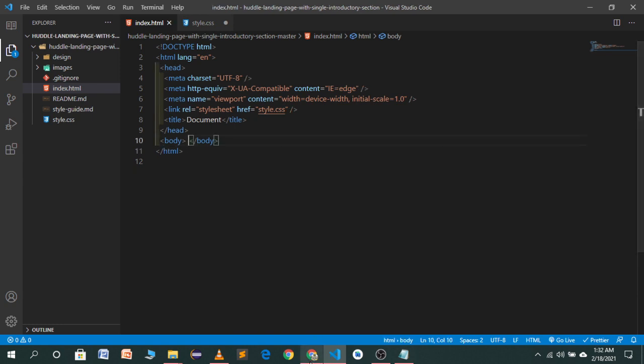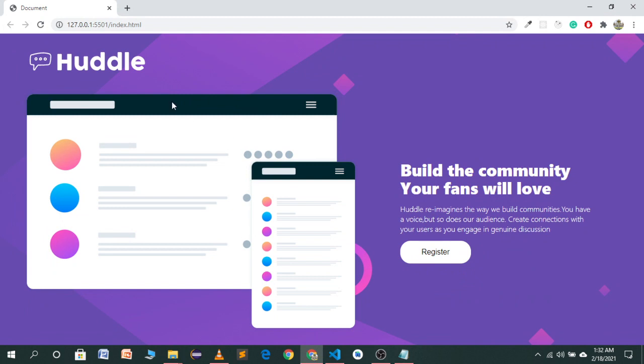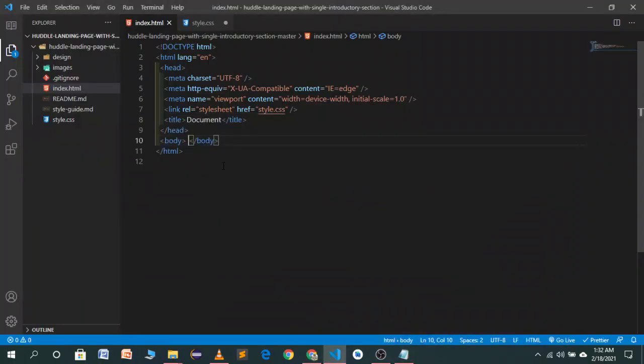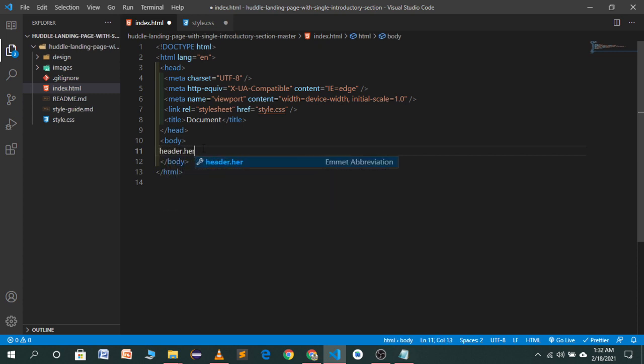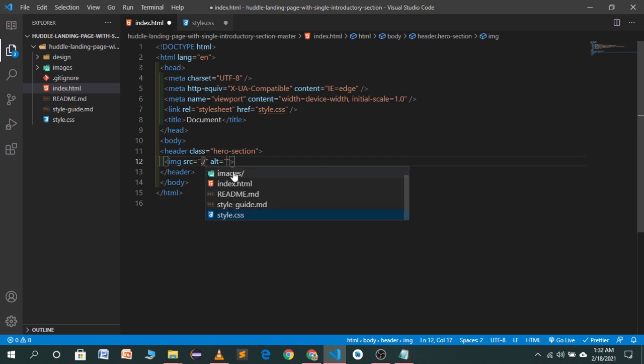So as you see, we want a container which will cover whole of our screen, and in this container we have two other containers which will contain a logo and this section, the hero section. So we should use a container which will be called, I think we will name it, header dot hero section, and in it we will have an image which will be a logo for website,